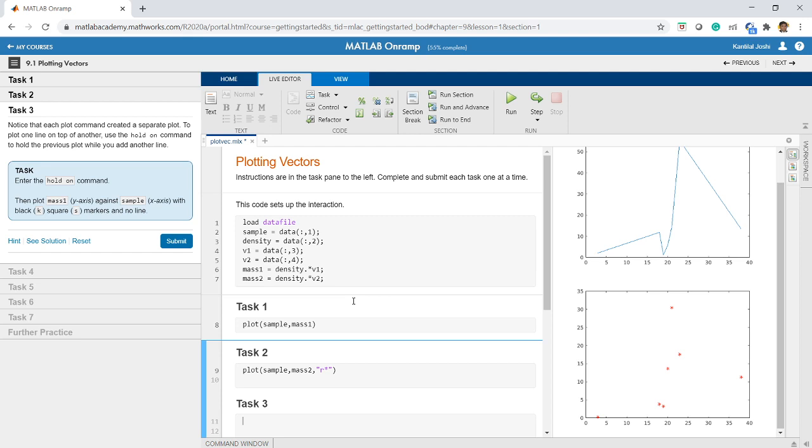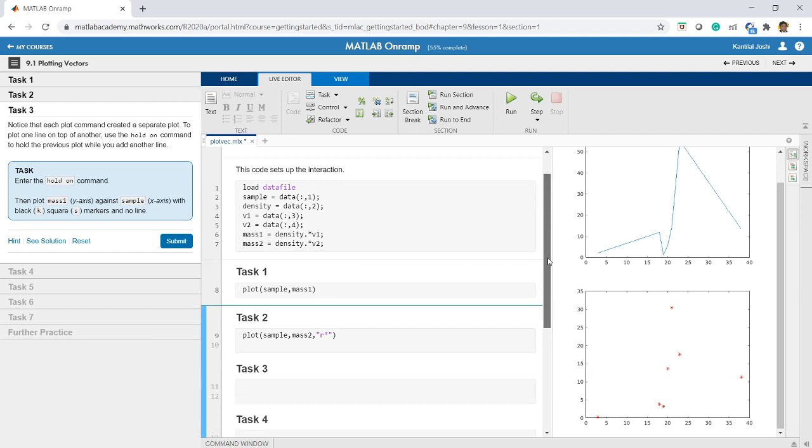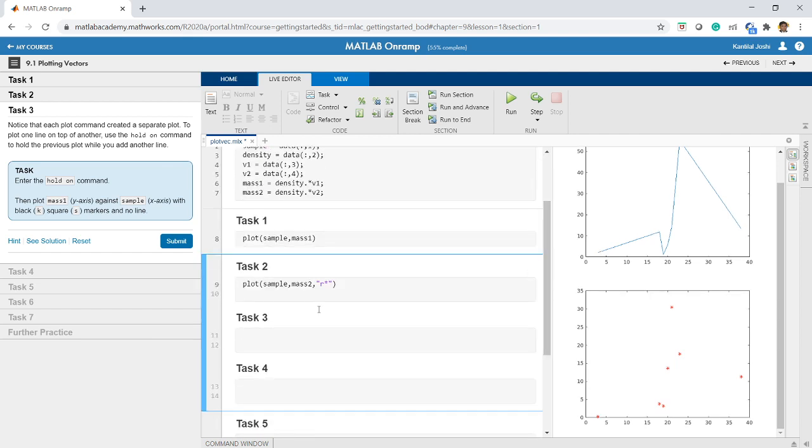This is what we always require in real life, and we want to see how two things are working against a single variable. Okay, so for example, you have the number of days in a month, so you want to see what was the temperature on that particular day and what was the rainfall on that particular day. So on the x-axis you will expect only days, and on the y-axis you will expect two variables, temperature and rainfall. Similarly, here we can use a command called hold on. The hold on command actually holds on the previous graph. That means it remembers the previous graph and the next graph will be plotted along with the previous graph.